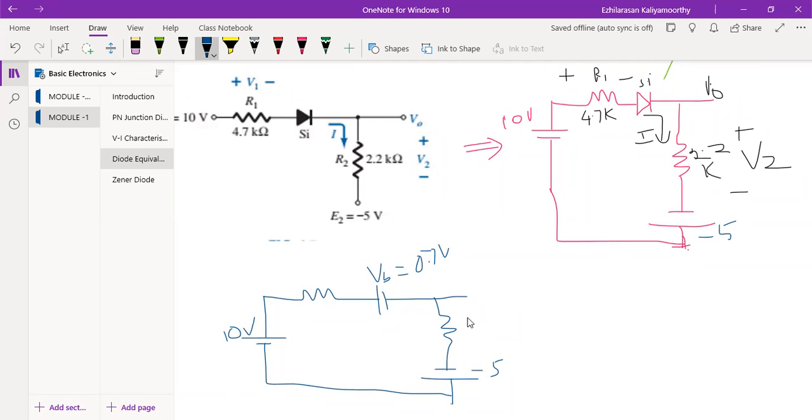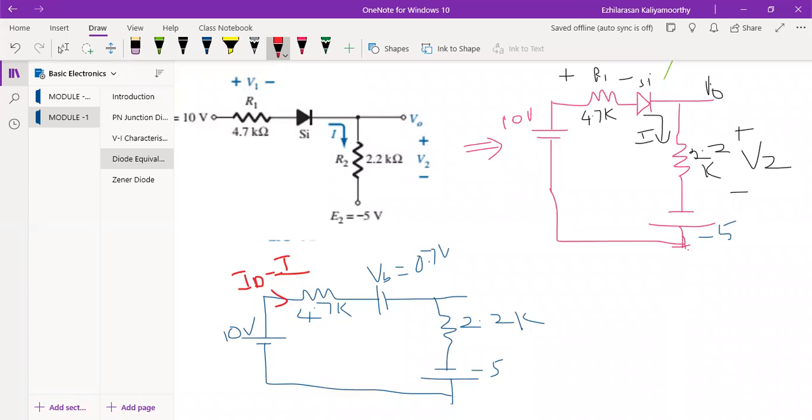Then this will be your 2.2 K. This will be your 4.7 K. Okay. Now you have to say the current which is flowing over here. This current is nothing but the current flowing, ID actually. Which current is flowing? ID current only. Or they said ID, ID or I, anything. Any current you can say as per the problem. So now what you will do? Let us replace that, or you can draw it in this way, or I will show the diagram in some other way also. So, like simple.